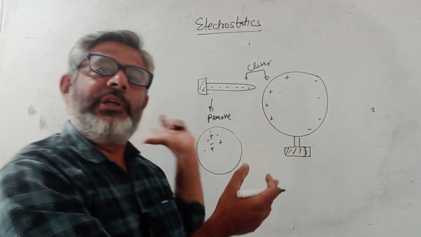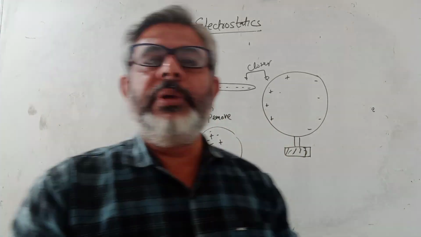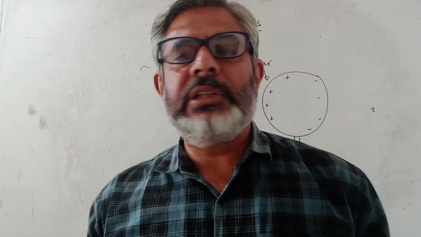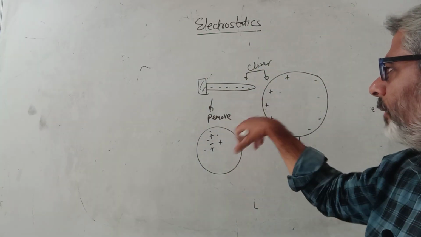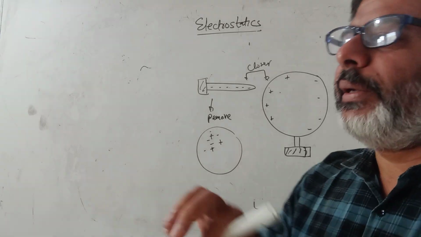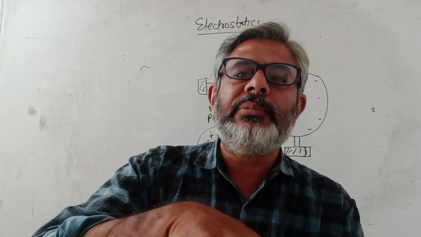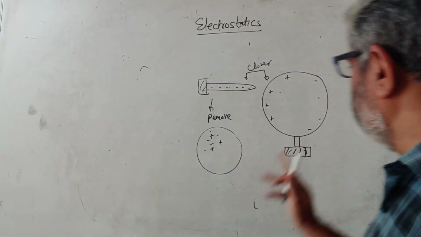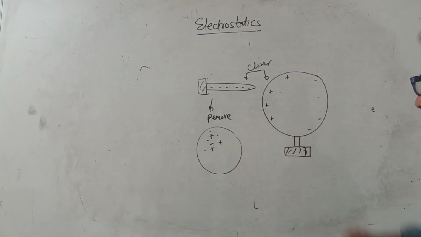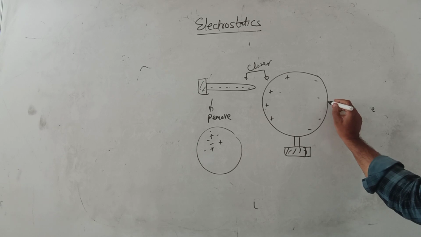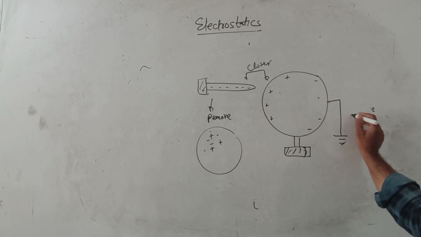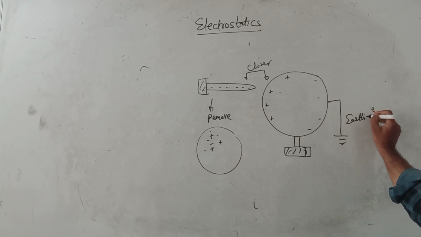But still, as soon as you remove it, there would be a rebalancing and the charge will be lost. So this is not a permanent way of charging. Remember, by induction you can temporarily charge one substance so that one side becomes negative, the other becomes positive. Now if you want to actually charge it, then you should connect it to earth. Now suppose we do earthing of this conductor.